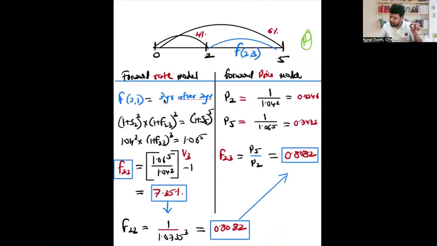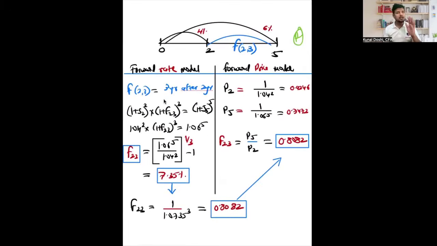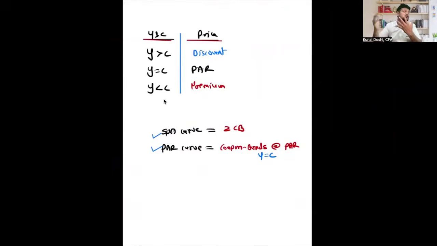So, forward rate model and forward price model. In the forward price model, you actually use the discount rate of a zero coupon bond. In the forward rate model, you first derive the forward rates and then you find the present value of the bond. In reality, the pricing of the bond has no difference. No difference. Got it? We will discuss that when we go to backward induction or bootstrapping. Okay, so wait till bootstrapping, because all these micro concepts are connected together and understood when we